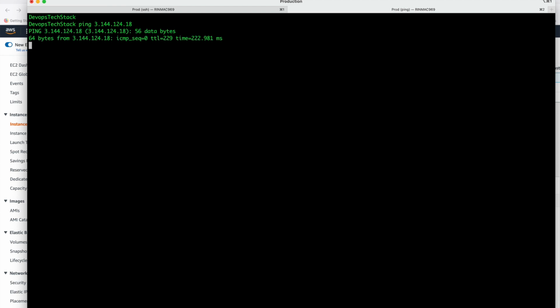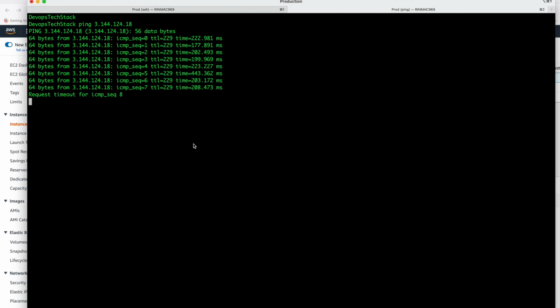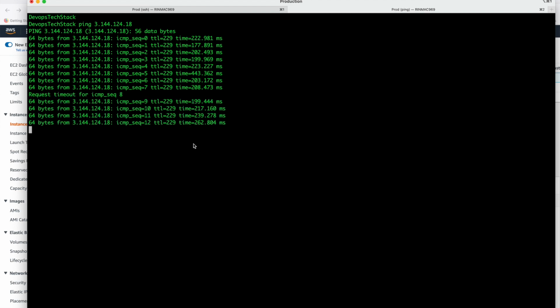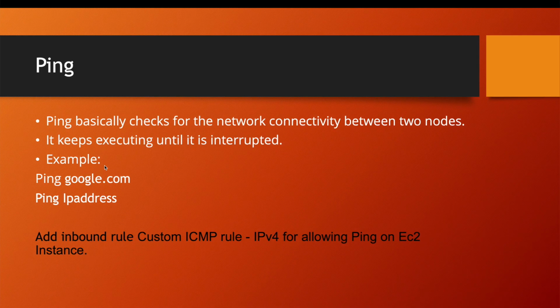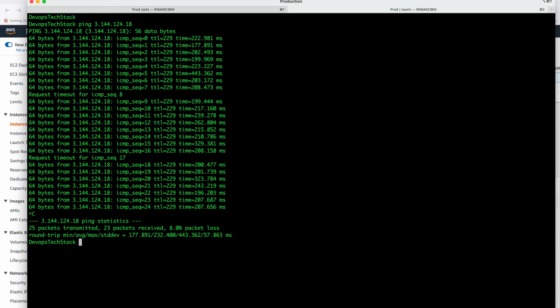I will just hit enter and you will see that it is trying to make a connection between these two machines. One is my physical machine, the personal computer which I am using, and the other one is my AWS machine, the virtual machine which I have created on the AWS cloud. As mentioned in the slide, it keeps executing until it is interrupted. So I will interrupt it with Control C, and you will see that 25 packets are transmitted, 23 packets